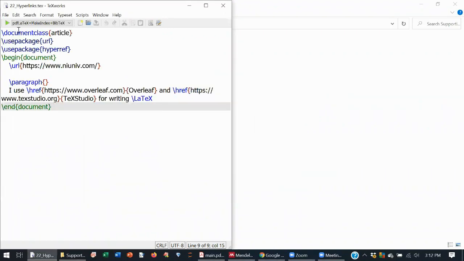You can see, I told you that you have to use two packages. If you want to use the command \url, you have to use the package url. And if you want to give a different name to the link, you have to use the package hyperref. The command for this URL is \url, and you can put the link inside this bracket. And if you use \href, you will have an Overleaf link, and if you click on this Overleaf, it will take you to this website. So you'll compile and you'll see.